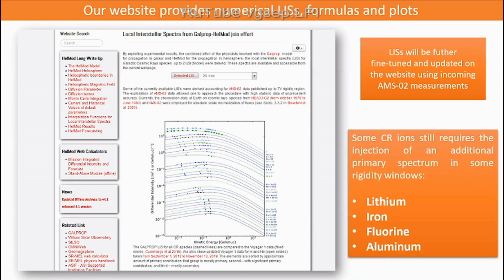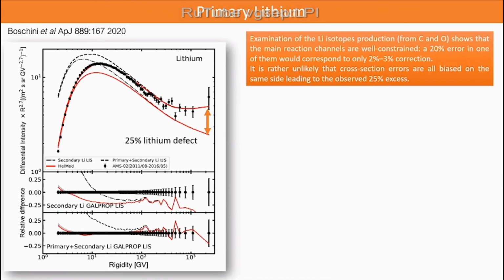But some cosmic ray ions, in principle, still require the injection of some primary component in some very peculiar rigidity windows. So I'm talking about the hints of some excess, especially in lithium, iron, fluorine, and aluminum. Starting from lithium, you see on the left the plots and the fits using a pure secondary lithium spectrum and a primary plus secondary lithium spectrum. And you see there is a 25% lithium deficit, so you have to enhance the lithium by 25% to match